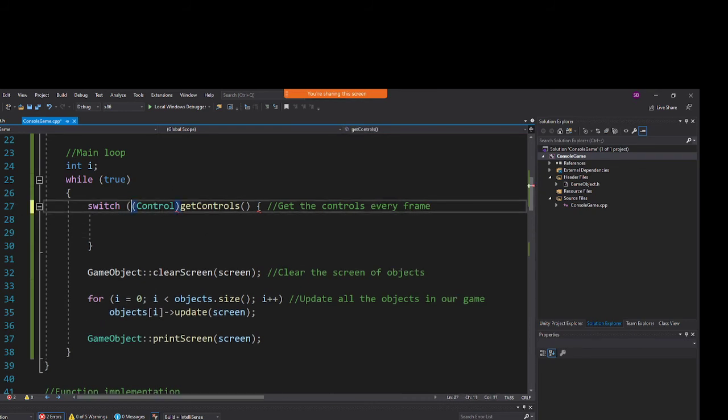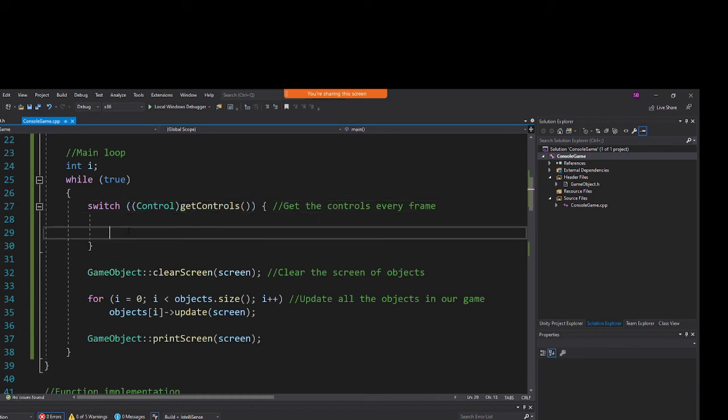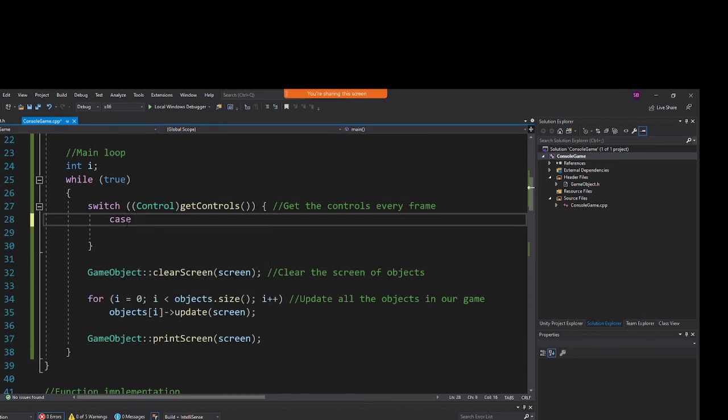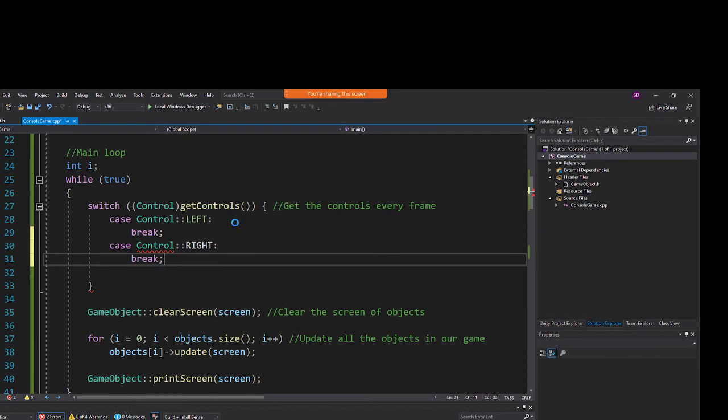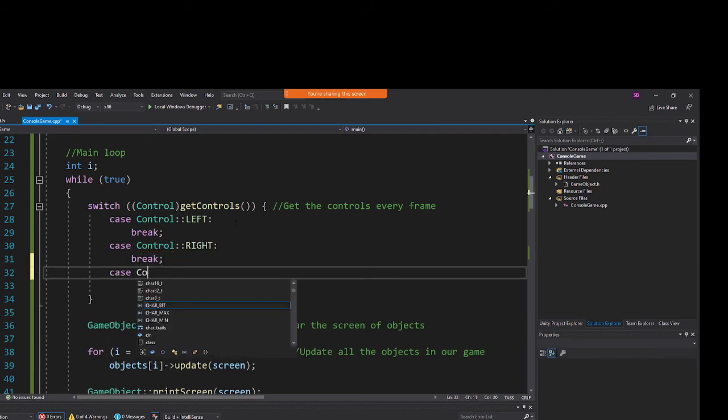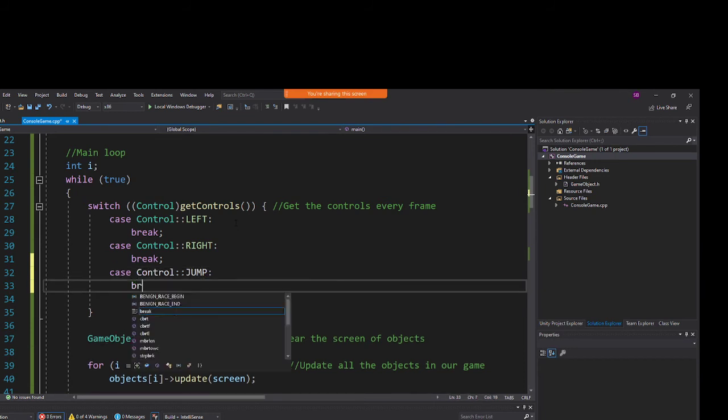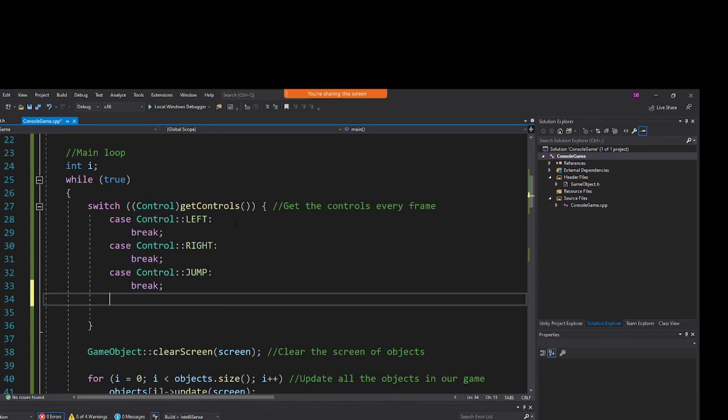I need more parens. So let's get the controls every frame and then just handle the controls that there are. So first things first, there's a case control left. So if the user enters left, we need to do something. If the user enters right, we probably need to do something. If the user enters jump, we should probably do something. And then up and down, I don't think really matter for what we're programming, so I'm just going to leave